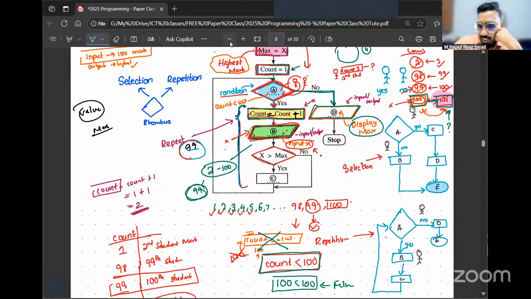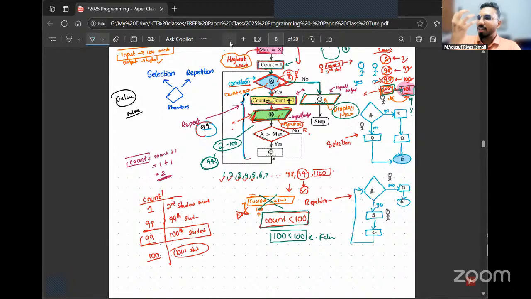Perfect. What's the answer? Actually, I'm discussing, man. Poruma, you can't directly jump to the answer like this. If I directly jump to the answer, I can directly give you all the answers, then there is no purpose for the class. I'm here now telling you how your brain should think to find the answer. The purpose of the paper class is not telling you what's the correct answer, what's the wrong answer.